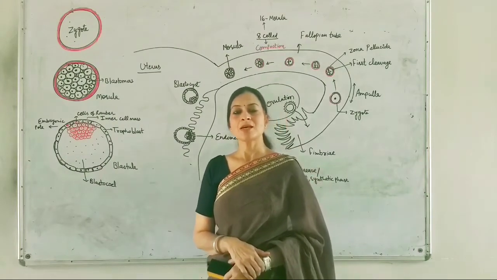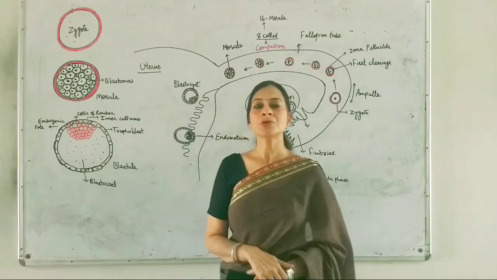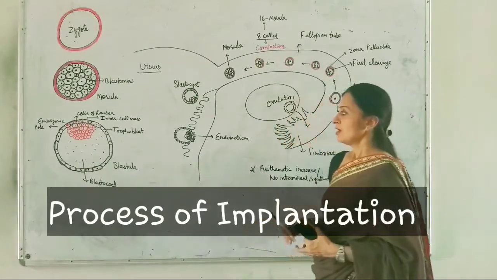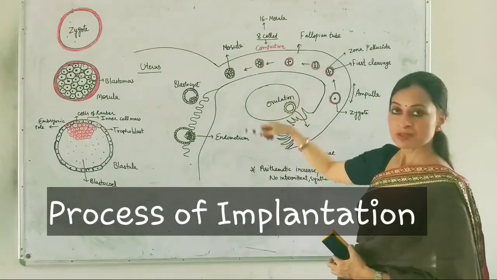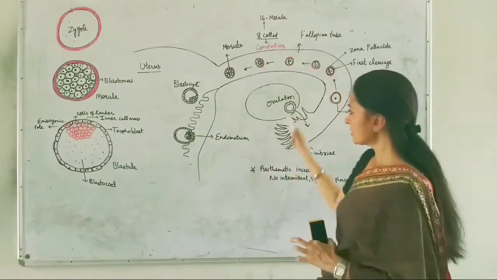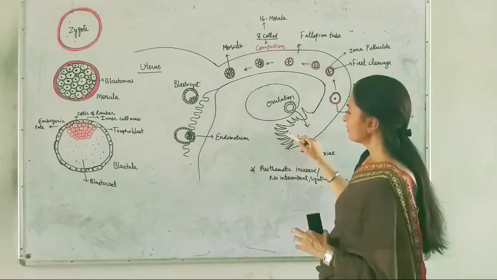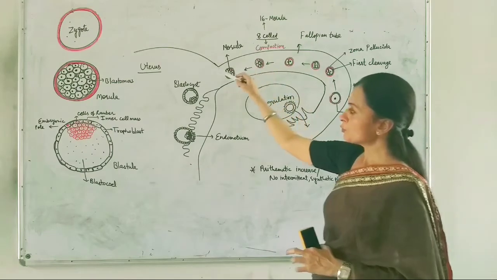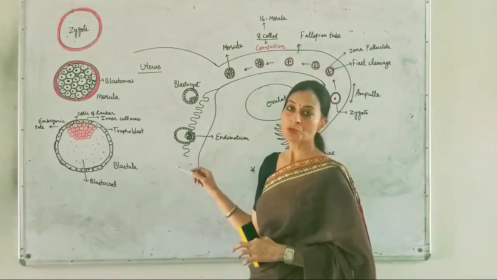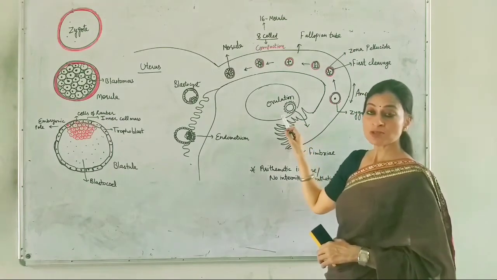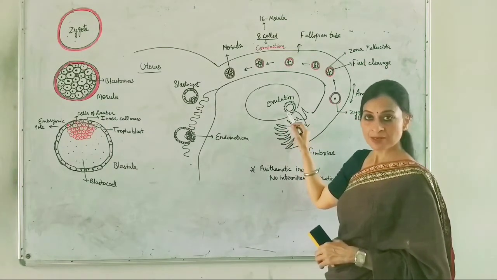Dear friends, in this lecture, we are going to study the process of implantation. I have drawn here a structure which is showing a part of the reproductive system of a female. You can see that this is the ovary, this is the fallopian tube, and this fallopian tube is joining this pear-shaped structure, the uterus. You know that on the 14th day of the menstrual cycle, the secondary oocyte is released, and this process